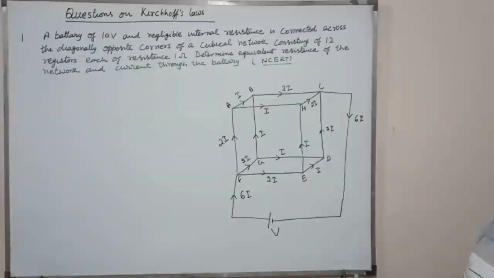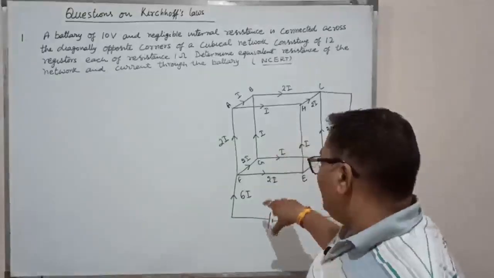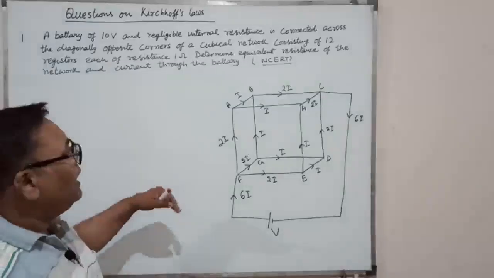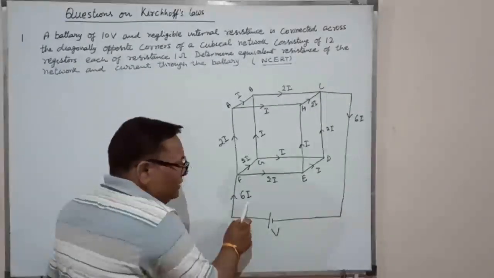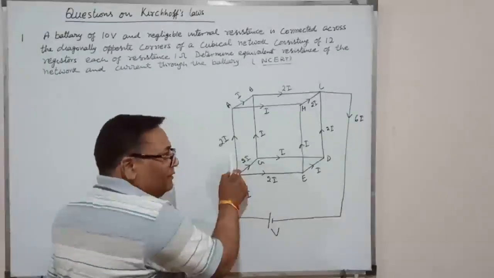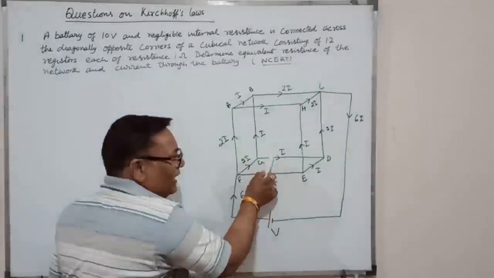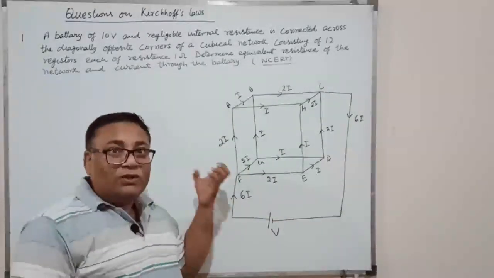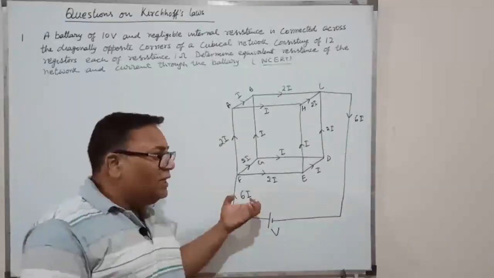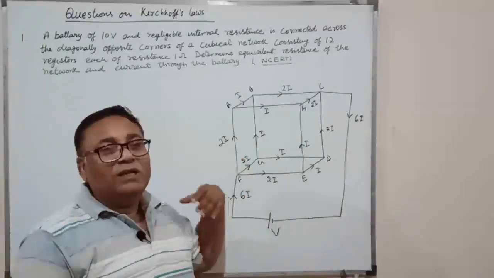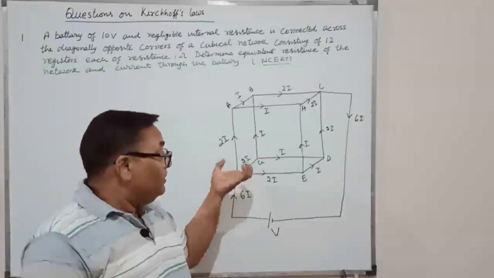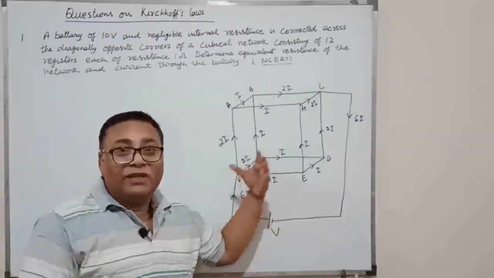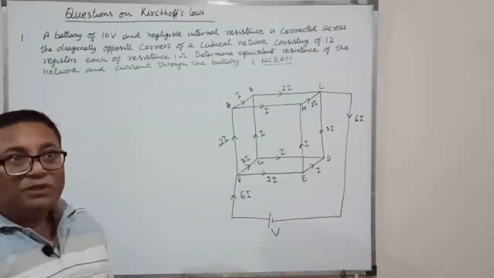Now the question is, why have we taken the total current as 6I? If I consider the current as I, then we would have I1, I2, I3, here I4, I5, I6, I7, I8, I9. Then how can we solve the problem? For a real solution, the total number of variables must equal the number of equations. And it is very difficult to solve 8 or 9 variables in a fixed interval of time.